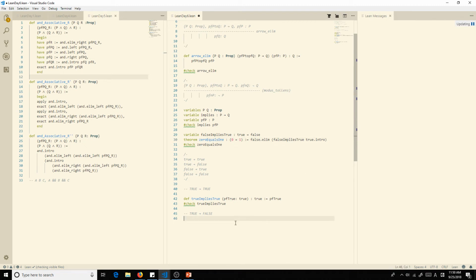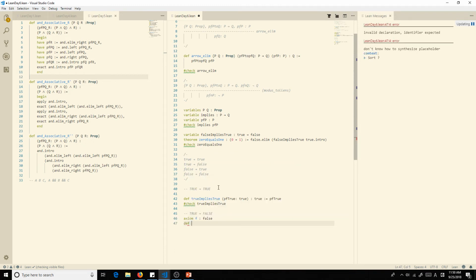In order to do this, because there's no way we're going to be able to have that true implies false, the only way to actually prove this is to use an axiom. If we actually wanted to prove this, just don't do this. It's cheating. Don't do it.